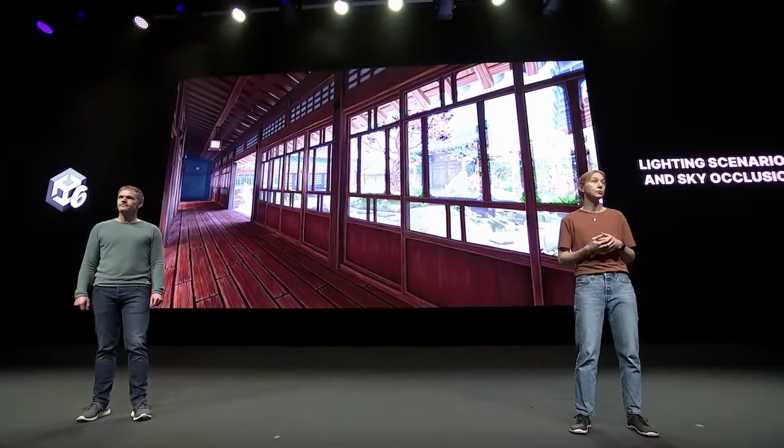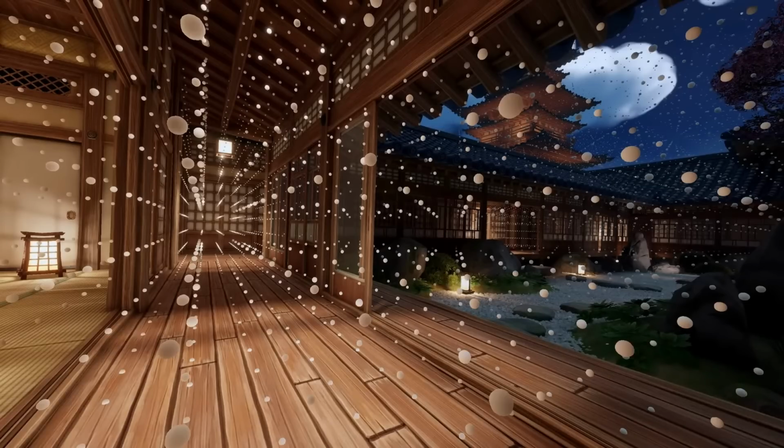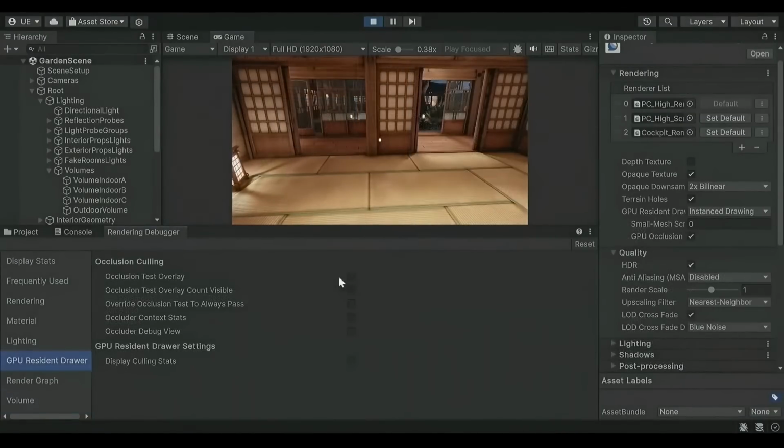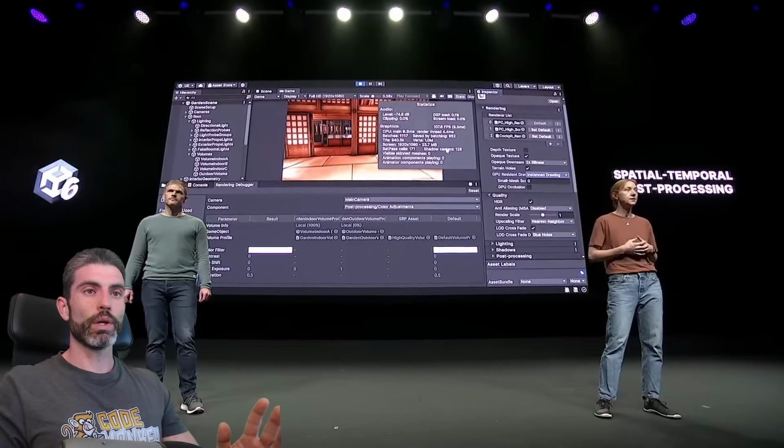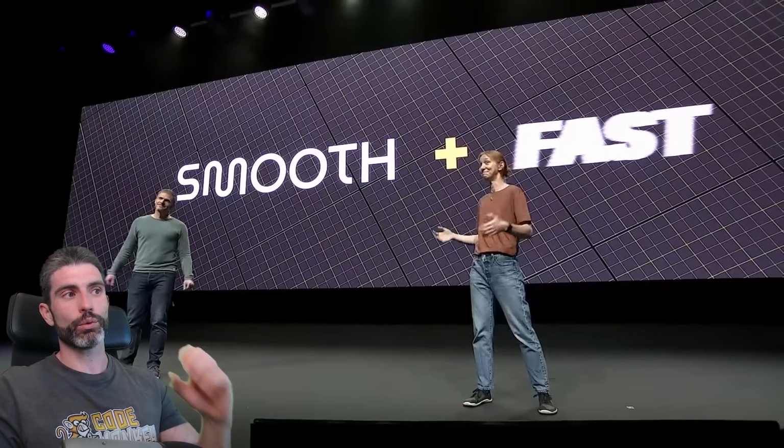Things like light baking with different lighting scenarios, adaptive probe volumes, which automatically places probes around the level, the GPU resident drawer and GPU occlusion culling. These offload some tasks to the GPU and make them super fast, as well as Spatial-Temporal Post-Processing. This is their upscaler, so you can render a small window and then have it increase. All of these look really awesome, literally just tick a box and your game suddenly runs faster. I have yet to try any of these features, so I definitely look forward to making a video and experimenting